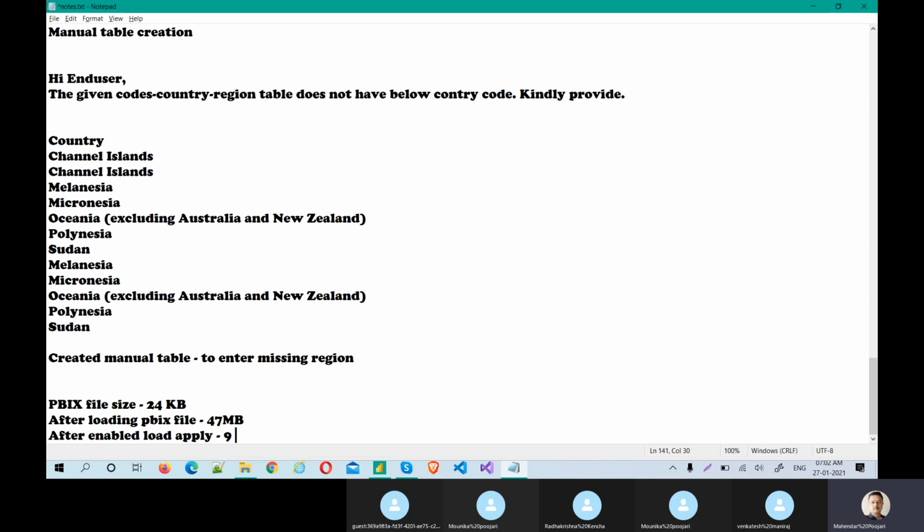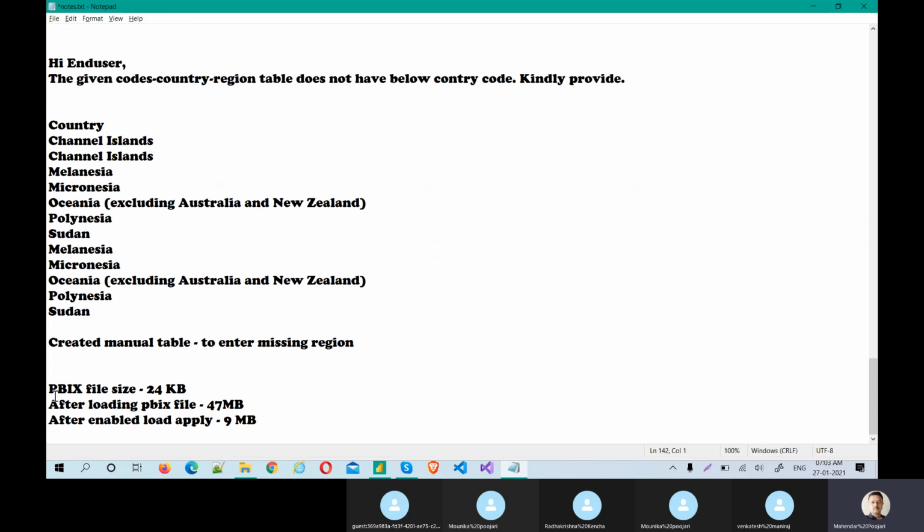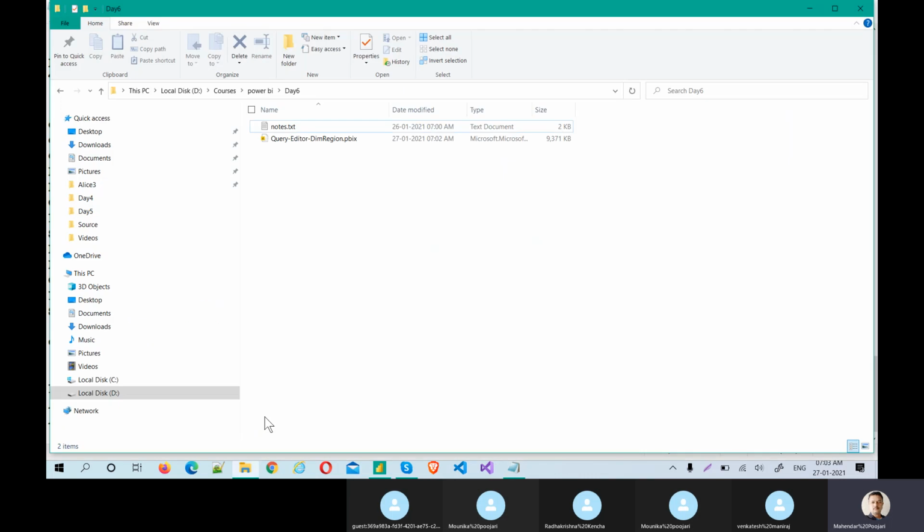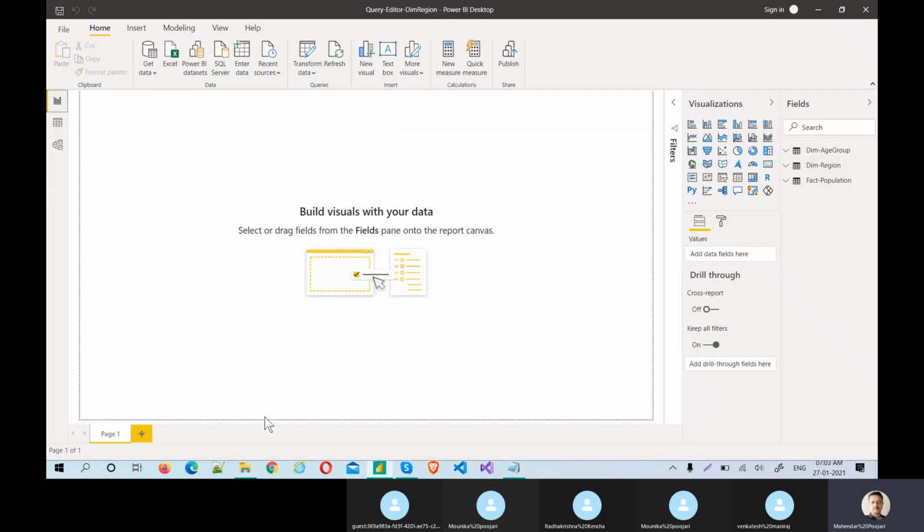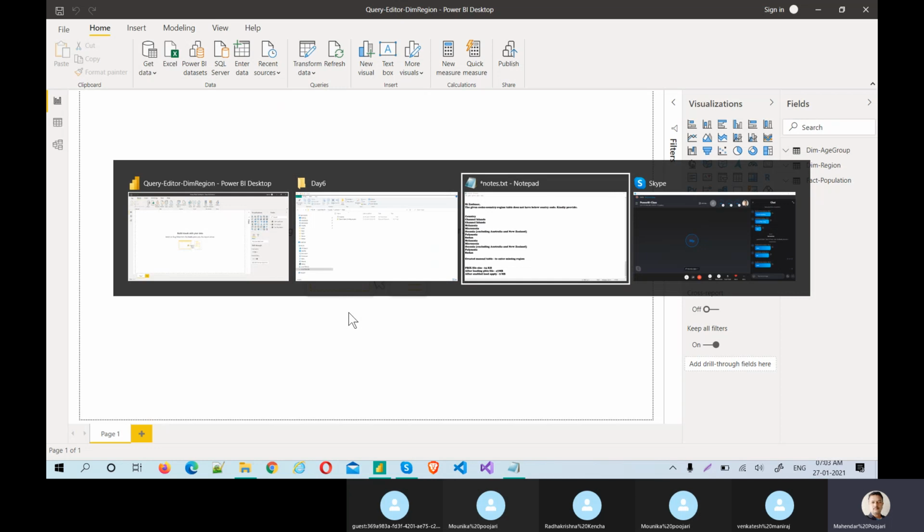It became 9 MB. It's a huge difference, guys. This is one of the performance improvement steps that we applied. Okay, any questions? Anyway, I will just share this PBIX file.